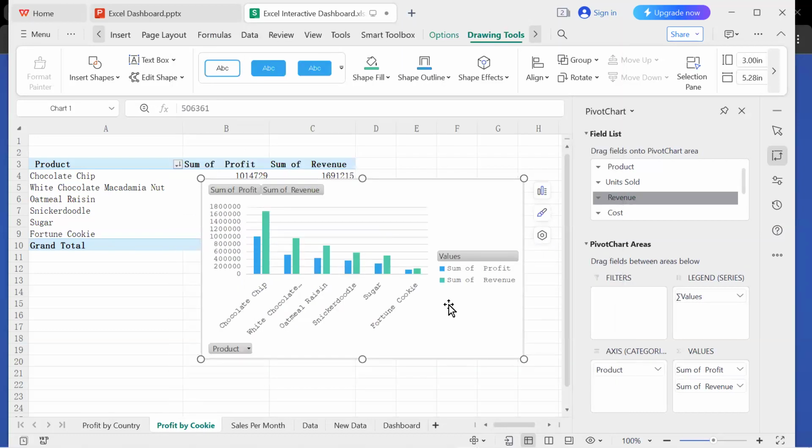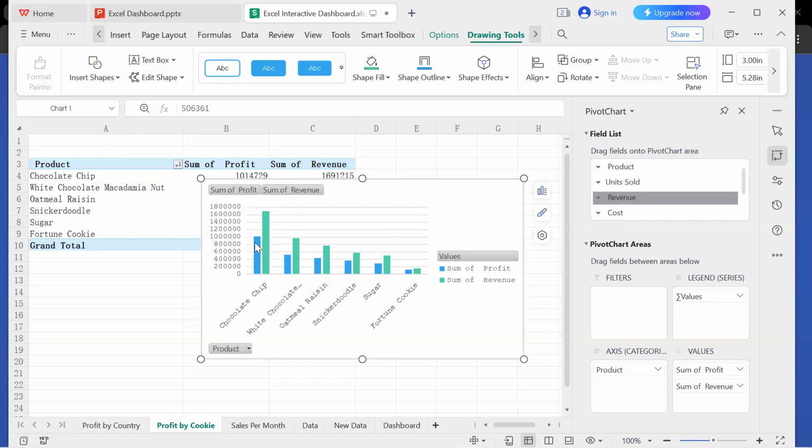Now, if you look at this, you see that on this side, we only have our y-axis and our data points on one side. And each of these data says for chocolate chip, since sum of profit is the blue and sum of revenue is the green. So for chocolate chip, we have the blue,